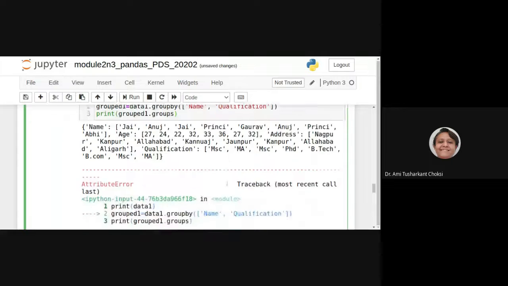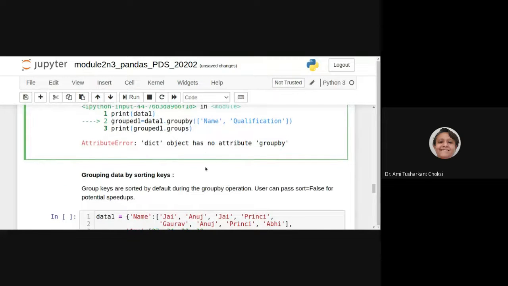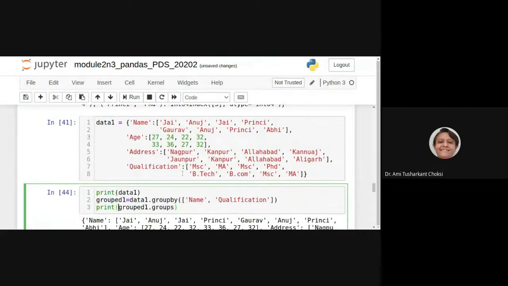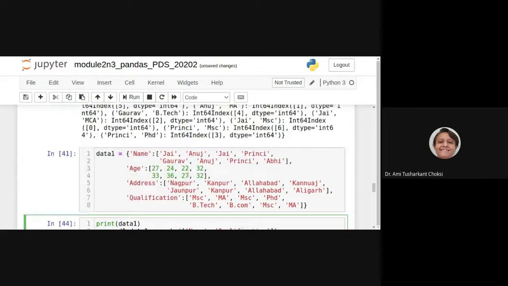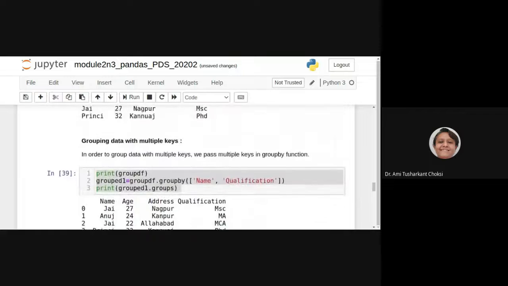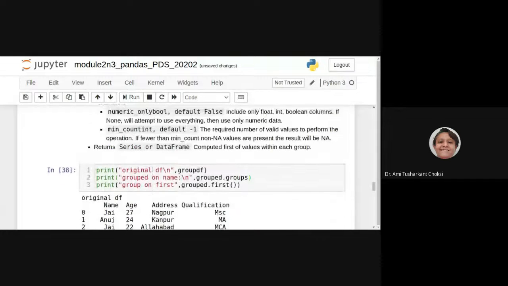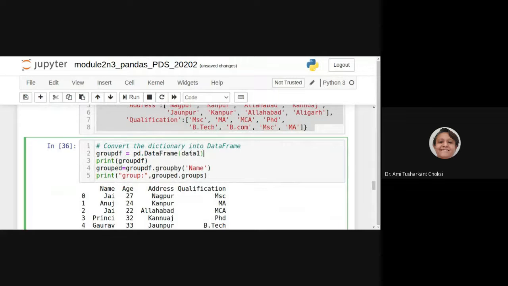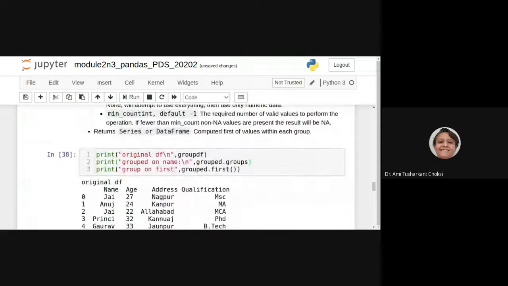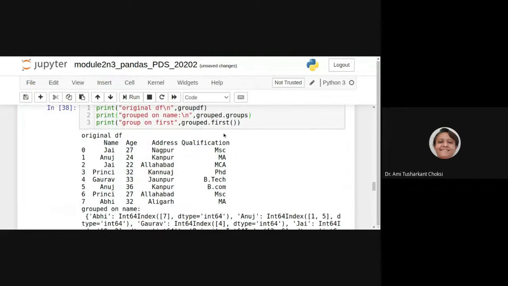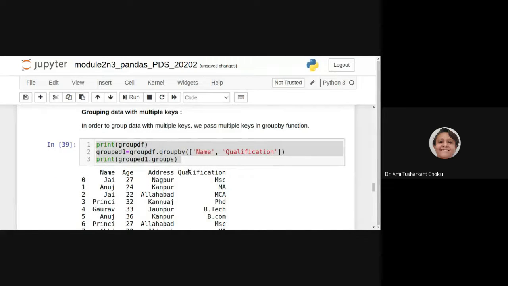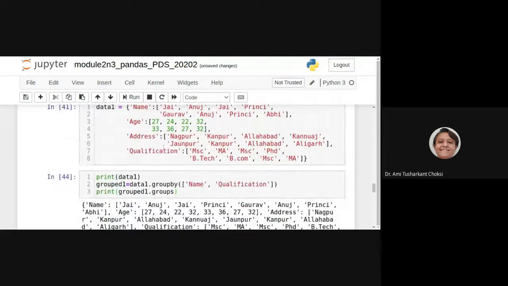What happened? Dict object has no attribute. Oh, we should have a data frame, no? This is only data. And that data frame was group DF. So it is group DF only. Just a second. Group DF, where is it? Yeah, here.